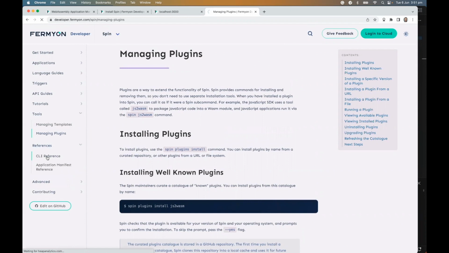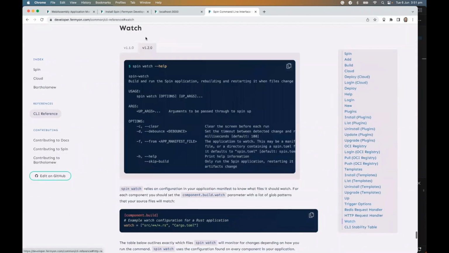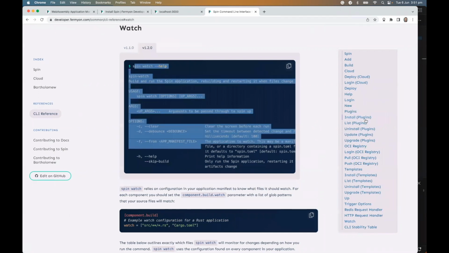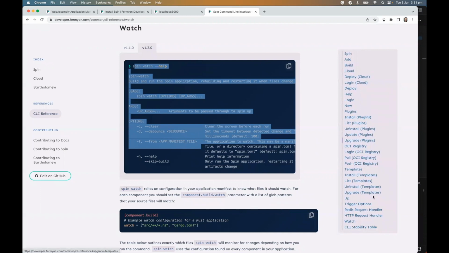Another handy section to check out is the command line interface reference. So in here you'll see the spin watch that we've covered today. There's a handy table of contents down the right hand side of all of the pages in the docs, so you can find what you're looking for